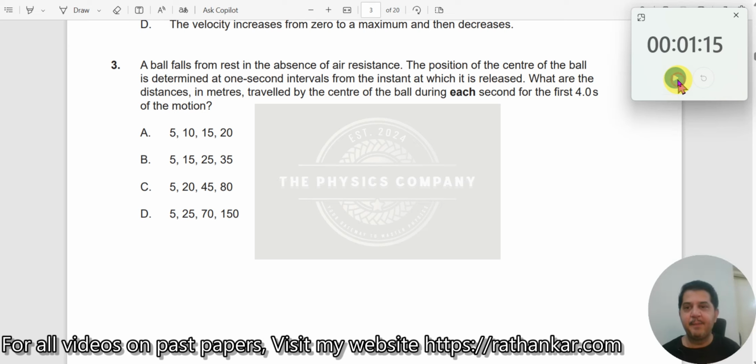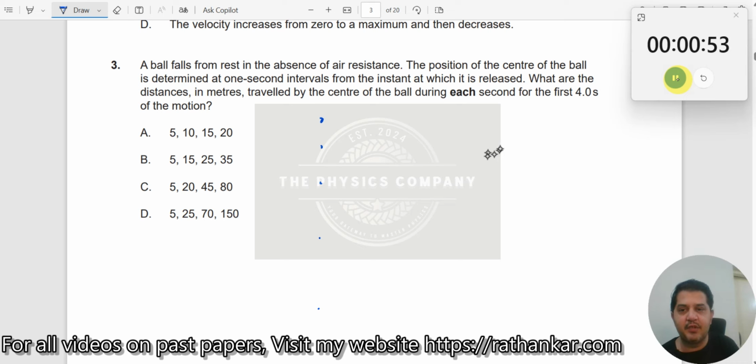Question number 3. A ball falls from rest in the absence of air resistance. The position of the center of the ball is determined at 1 second intervals. So, free fall. After 1 second, the ball will be somewhere like this over here. When it is released, what are the distances in meters traveled by the center of the ball during each